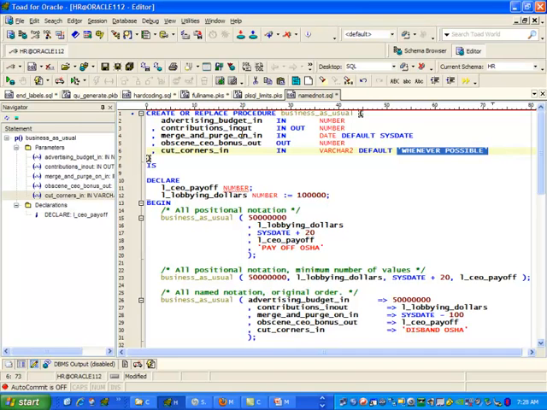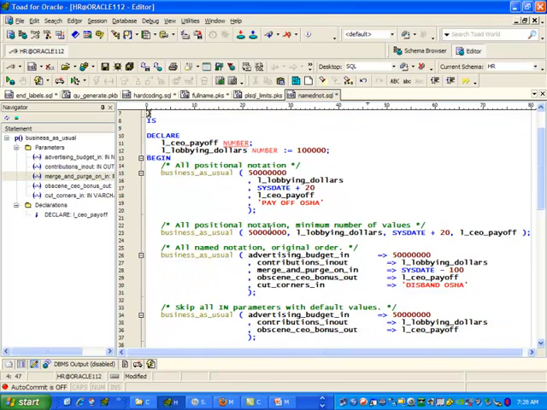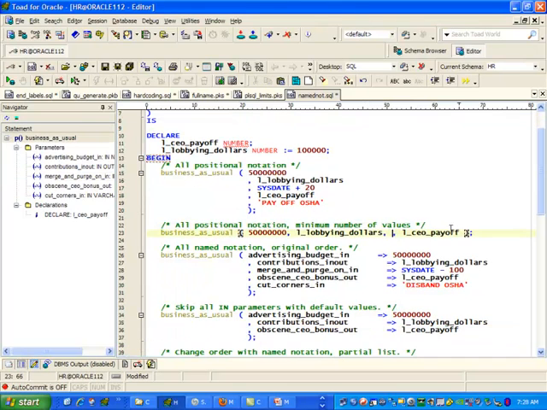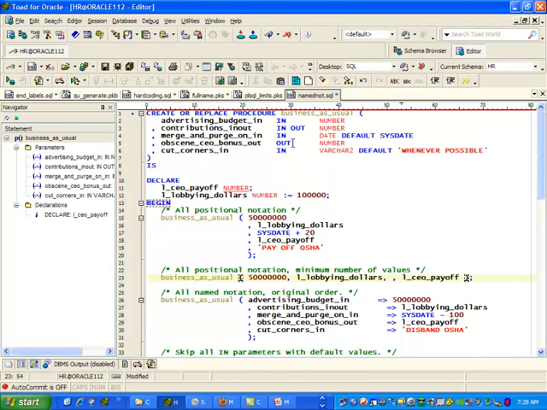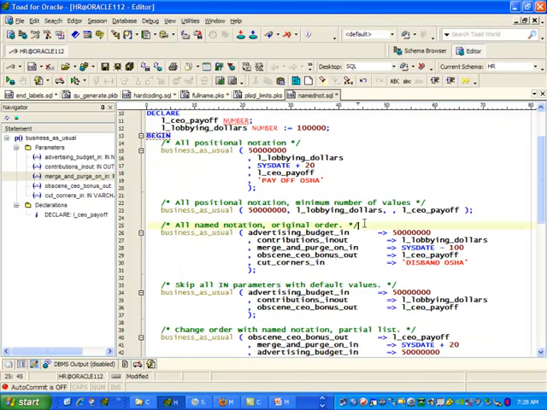But what if I want to provide the default value for merge and purge on? Notice that there's an out parameter after it, so it's not a trailing in with a default. I cannot use positional notation to pass the default for this one. I can't say, well, just pass in comma, comma. I can't pass in a null. That will pass in a null value. There's actually no way to skip over this one and use the default value for this one with positional notation. So let's take a look now at name notation. Here's an example of